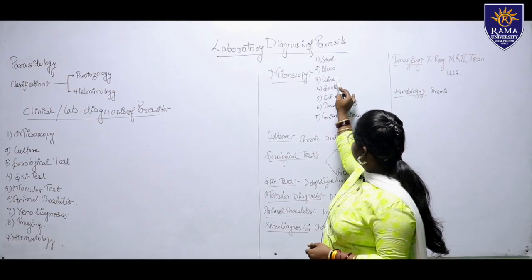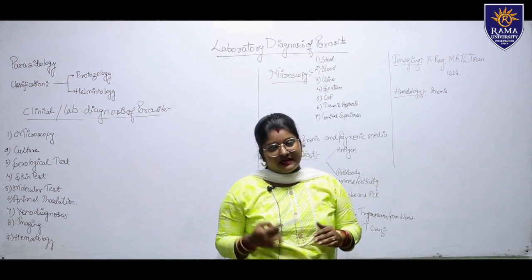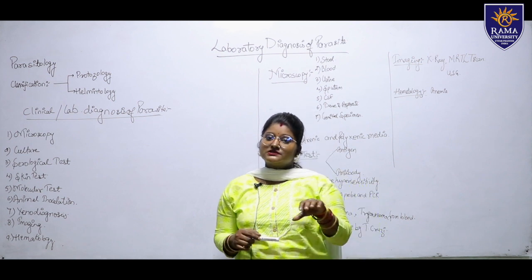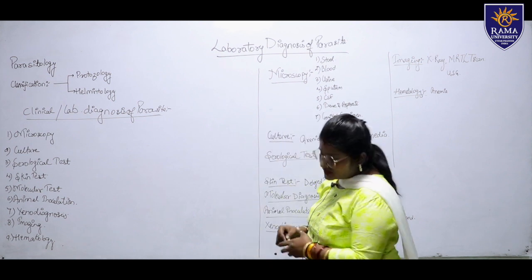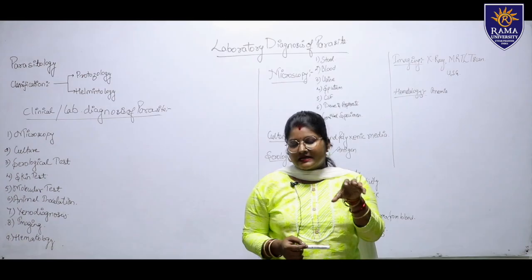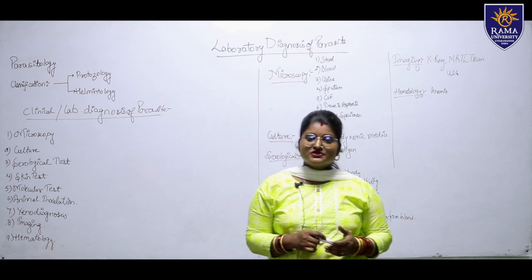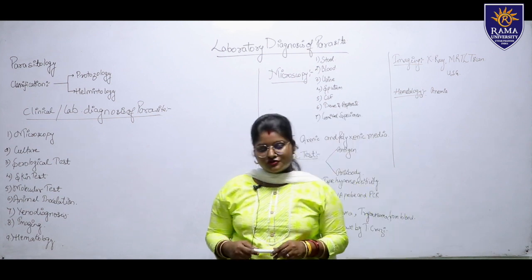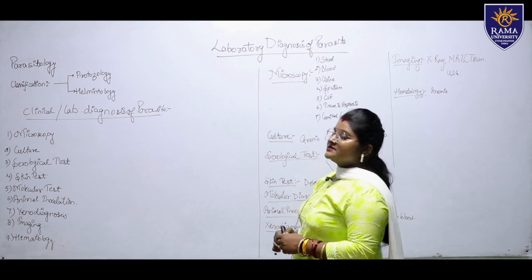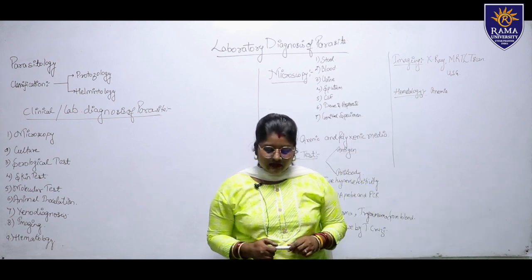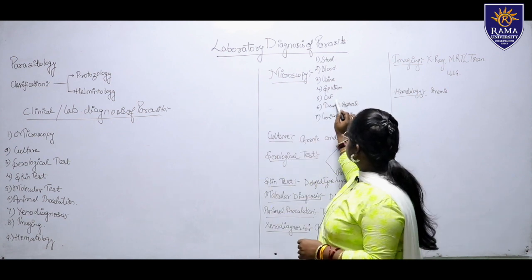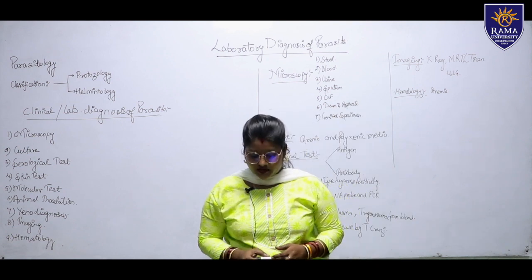For the urine sample, as I already said, we look for trophozoites of Trichomonas vaginalis because it causes a sexually transmitted disease. The sputum sample is taken for Paragonimus westermani and Ascaris lumbricoides. For CSF, that means cerebrospinal fluid, we take specimens for Naegleria fowleri. This CSF is taken for Naegleria fowleri etc.